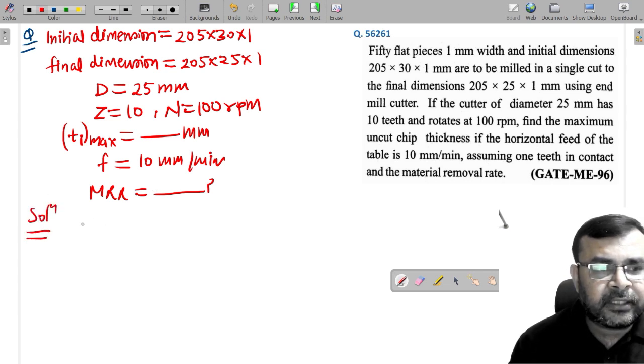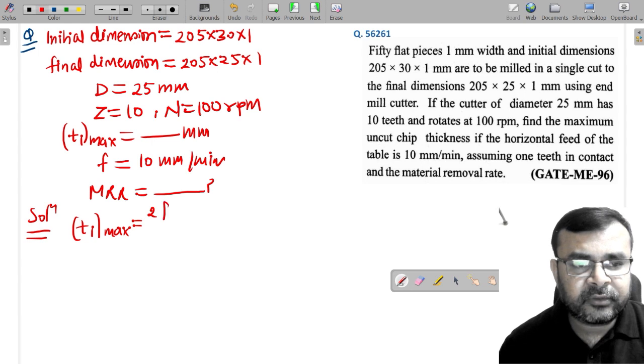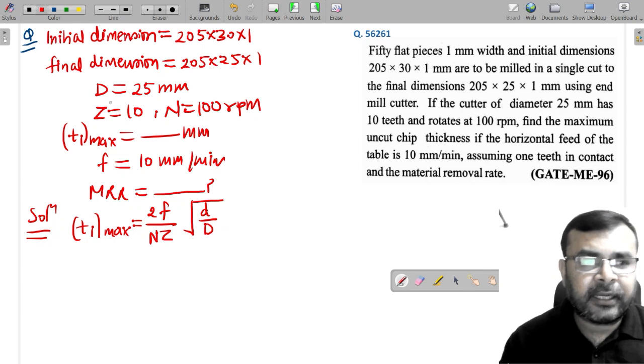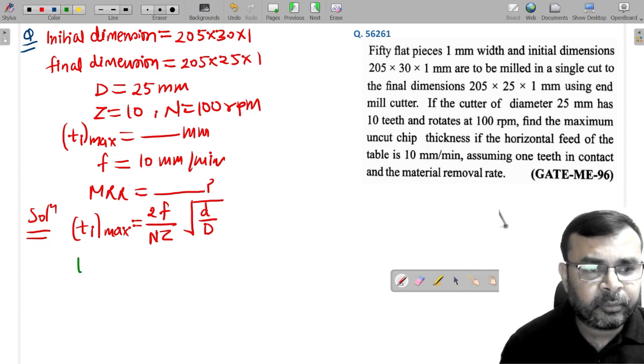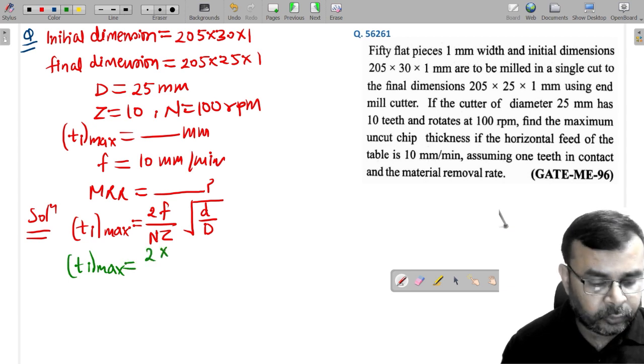So as you know, the T1 max can be written as 2 times Fy, and Z is the square root of small d, that is depth of cut, by capital D, diameter. So now if you put these values here, then simply I am getting T1 max as this is 2 into